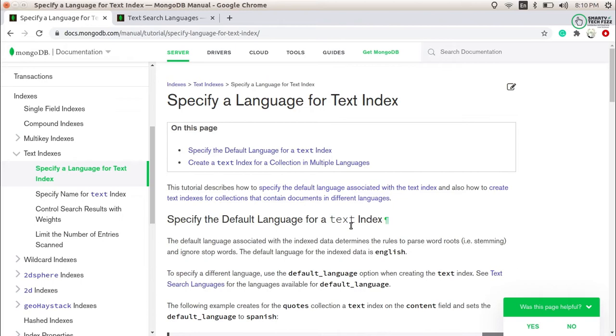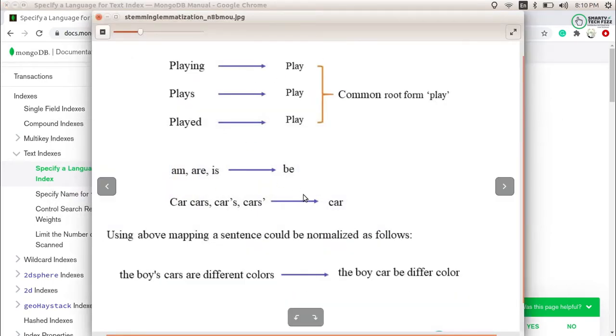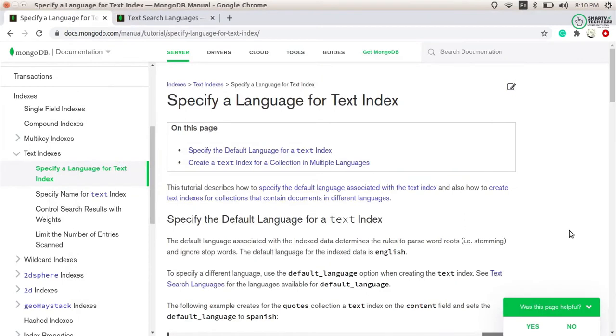But all this is for English words, and you know in English sentences what the stop words are and what the stemming words are. But what if you are using a different type of language? How will it be able to know that it is a Spanish language, and these are the Spanish stop words which need to be removed? How will the text indexes know that this is Spanish, so that we use the Spanish stop words to remove from the sentences, or use the Spanish words to be stemmed? So how will you provide that?